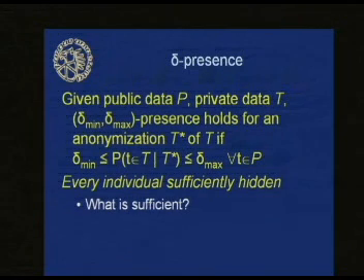Well, this delta presence holds for an anonymization of that private data set if the probability that an individual is in the data set, given that we see the anonymization, is between delta min and delta max. Why would I be worried about being identified